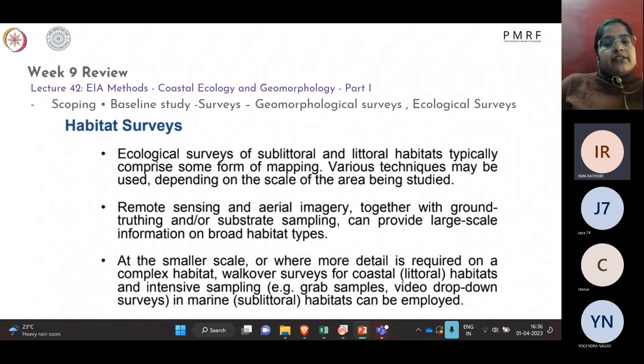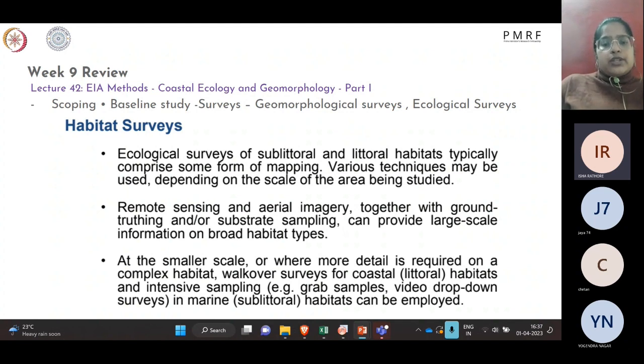And then for habitat surveys, you need to, of course, look up at the surveys and the different habitats which we identified previously, and look up at how you're going to map them, what sort of techniques you're going to use, what sort of scale of study you are doing, and what areas are being included. Then you can either go for the remote sensing and aerial imagery in the initial run. And then, after the initial run, if you require detailed studies,